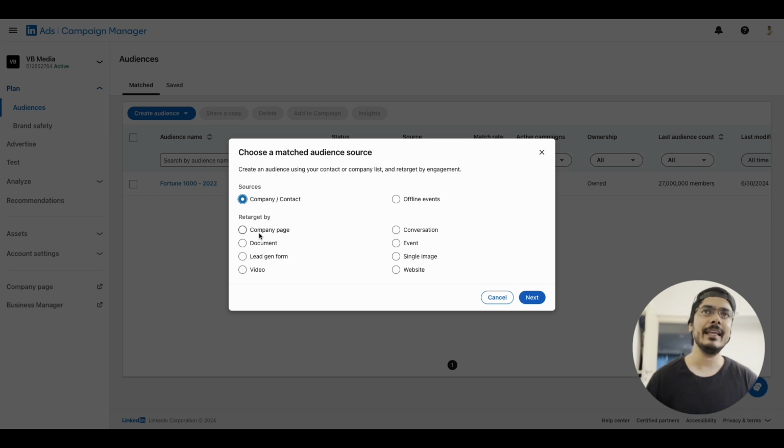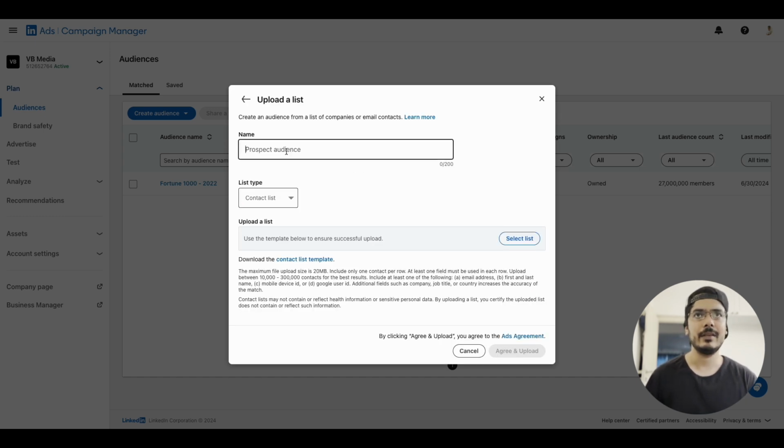So if someone has engaged with your company page, you could retarget them with ads. If somebody has engaged with a document or a lead gen form or a video, all of these things that you do on LinkedIn, if people have engaged with them, you would be able to retarget them. And we will do this in another video as well. But for now, let's start with company and contact information. Click on next. We'll give our audience a name,